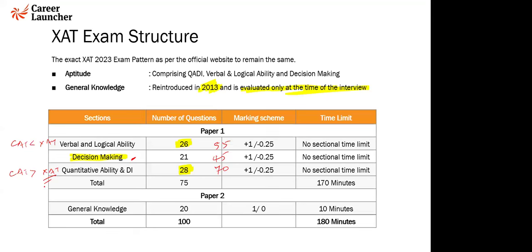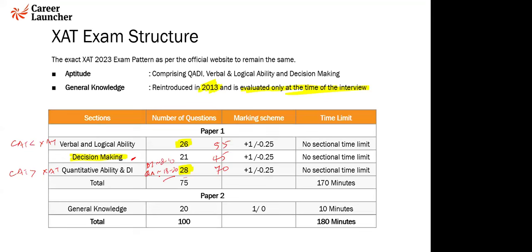Okay. So quantitative ability, the section which is easier than CAT, has 70 minutes available. Out of these 28 questions, typically DI would be something like 8 to 10 questions, and quantitative aptitude is about 18 to 20 questions. That's a broad breakup, and it is not difficult to attempt something like 20, 22, 23 questions in the 70 odd minutes.